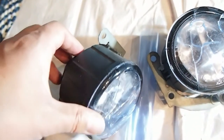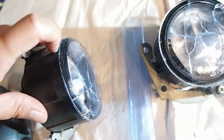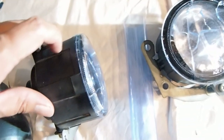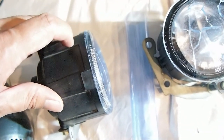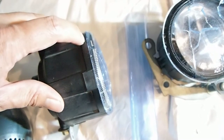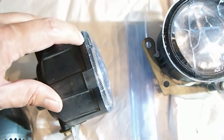So after every layer, what I did was, once you put the plastic on and then heat it, stretch it, and then get it until here, it's going to overflow down to this plastic part. Once you've stretched all of it to this lip right here, there is a little gap between the plastic and the glass right here. You can take a sharp knife,